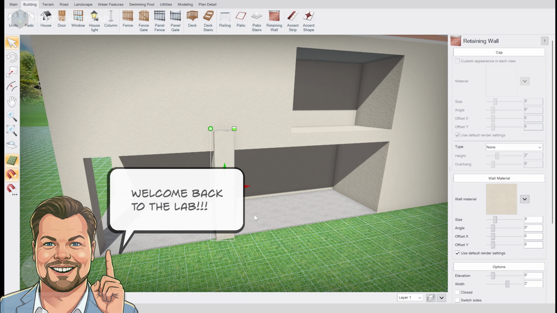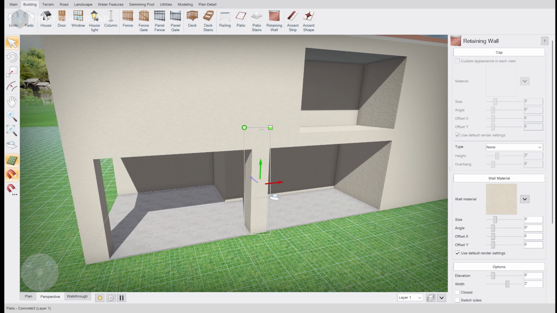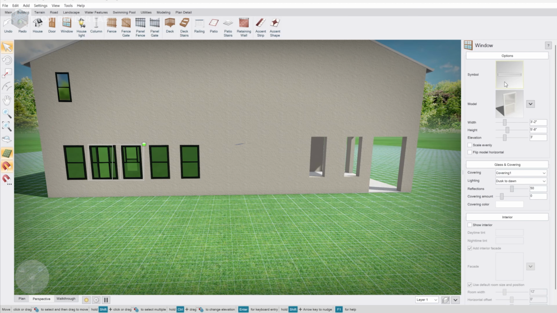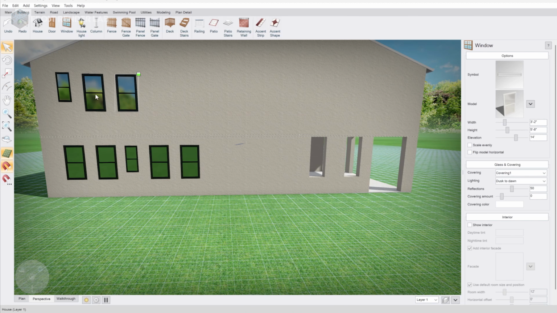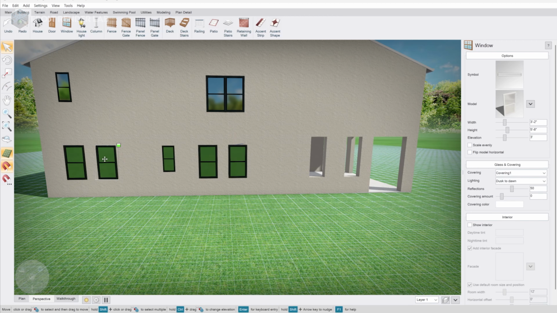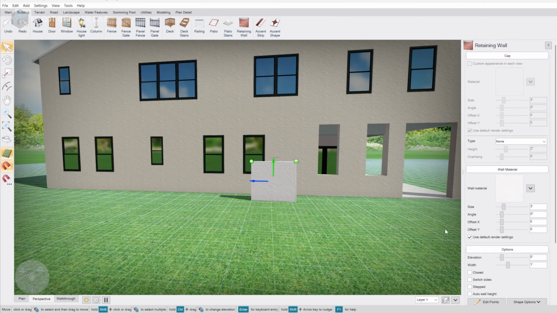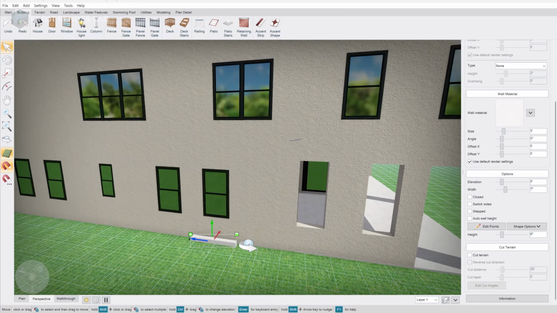welcome back to the lab. In our last session, we laid the groundwork for our 3D environment, but today, it's about speed. We're diving into part 2 of our workflow series, focusing on window and trim efficiency. I'm going to show you how to leverage copy and paste in place to cut your modeling time in half, all while maintaining maximum detail. Plus, we're going to get creative, using outside-the-box materials to hack the shapes and textures we need for those high-end